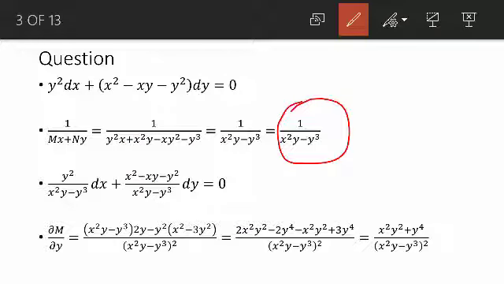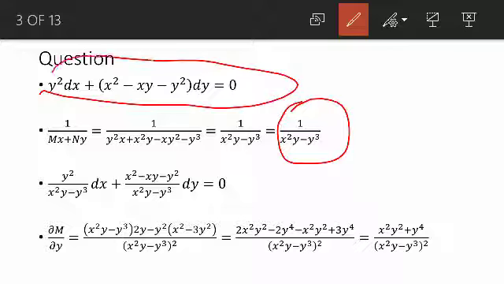So what we do is we multiply the whole of this equation by the integrating factor. When you multiply this by the integrating factor, you get y squared over x squared y minus y cubed dx. And when you multiply this by the integrating factor, you get x squared minus xy minus y squared, all over x squared y minus y cubed dy, equal to 0. So at this point we can